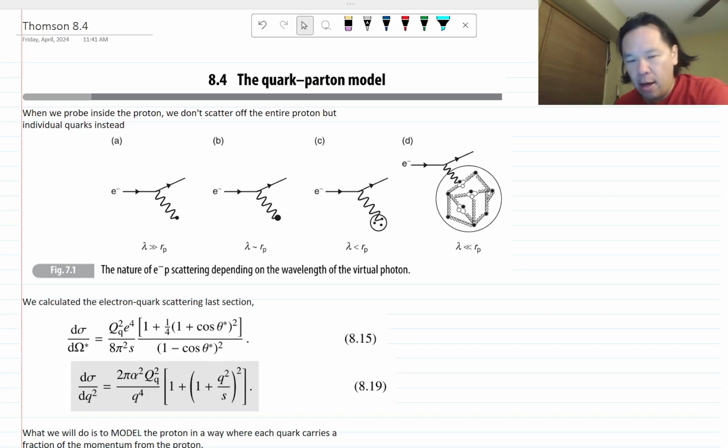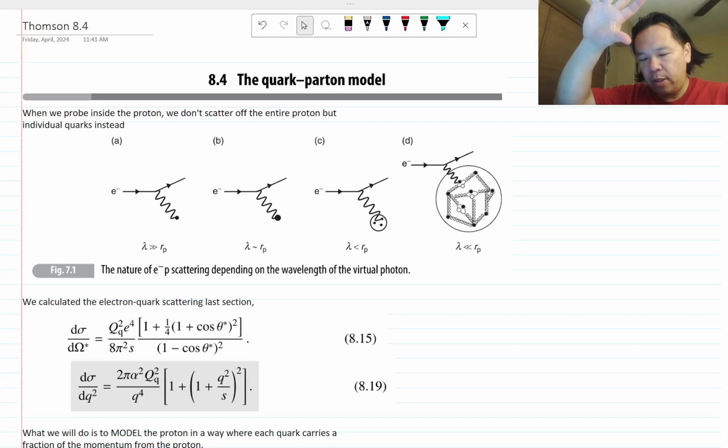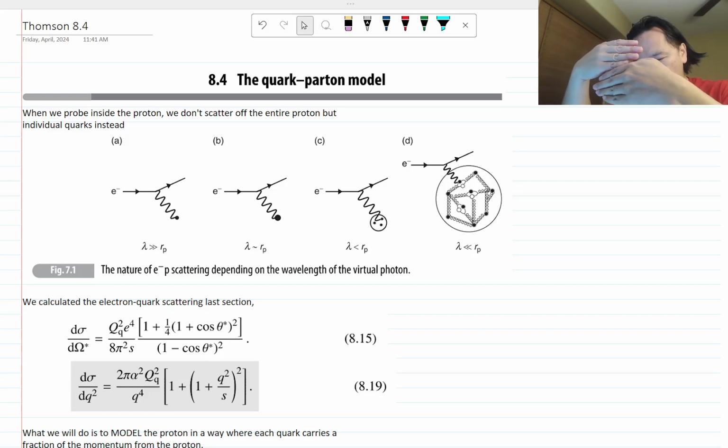All right, now I get to show you guys Thomson 8.4, which is the quark parton model. So in this chapter so far, we converted the Rosenbluth formula into this weird structure function form factor. Unfortunately, I probably should have put this on the slides here. And then we calculated what